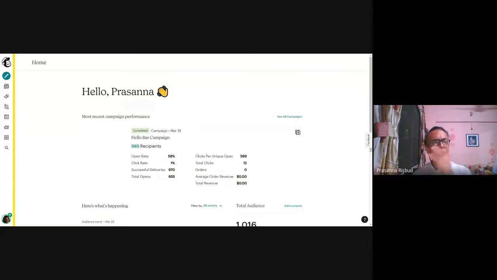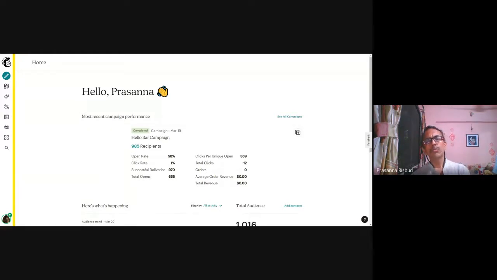All you have to do is log on to MailChimp and fill out all your details, because mailing requires all your personal data to be validated and shared with the person to whom you are sending the bulk mail. So your name, address, everything has to be shared, and obviously your email address.